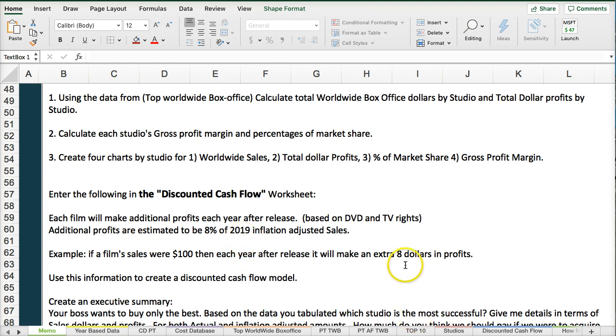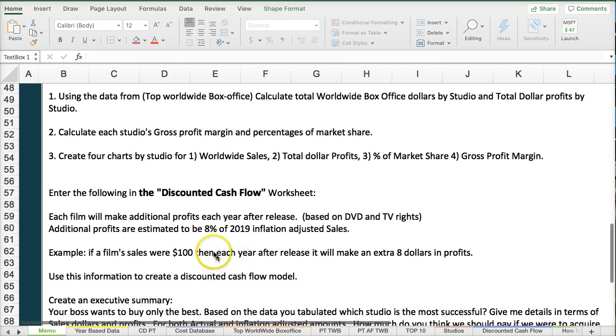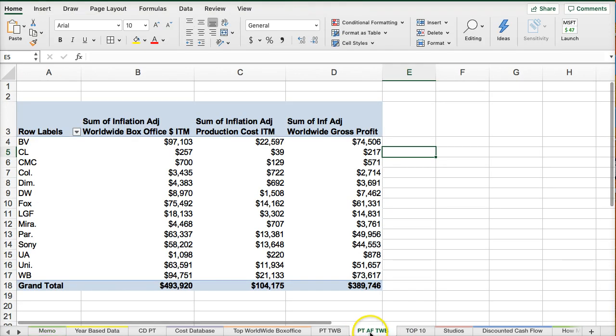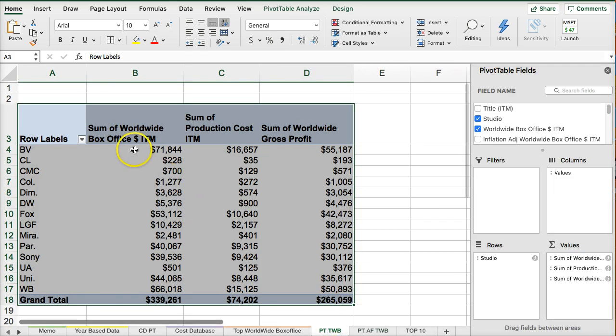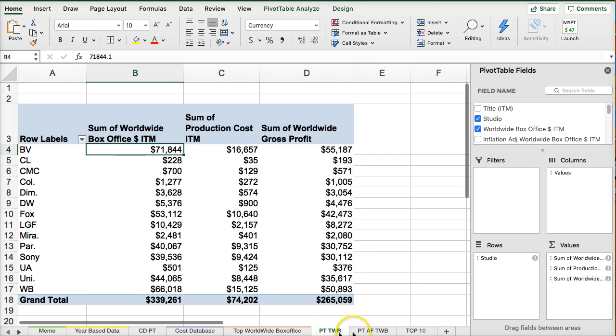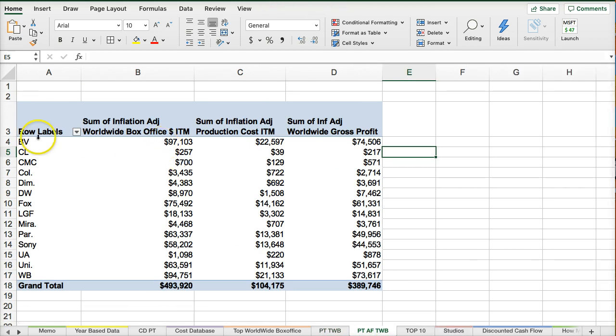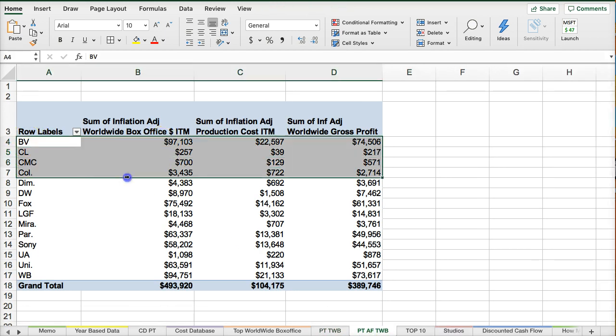Okay, so that means for each of the studios. Okay, so we've already calculated the inflation adjusted sales for 2019. So if we go to the pivot table, inflation adjusted, or I guess I put here after inflation. So we created one pivot table, which was the sales, just plain sales, and then we did one based on the inflation. So let's take, I'm going to highlight,